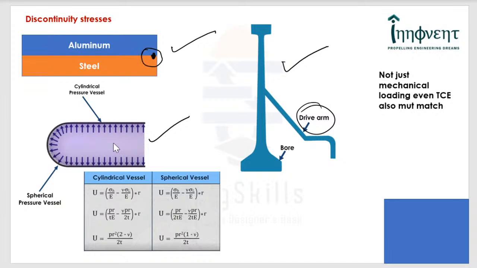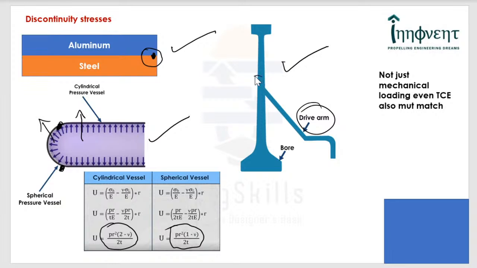The second needs a little bit of thinking, because if you look at the table, you can easily figure out that the cylindrical pressure vessel is growing more than the spherical pressure vessel does. As a consequence, at the interface where these two are joined, there is a local bending, because the cylindrical pressure vessel wants to grow more, but the spherical pressure vessel is not allowing it to. So this is restraining it, and a local bending is caused.